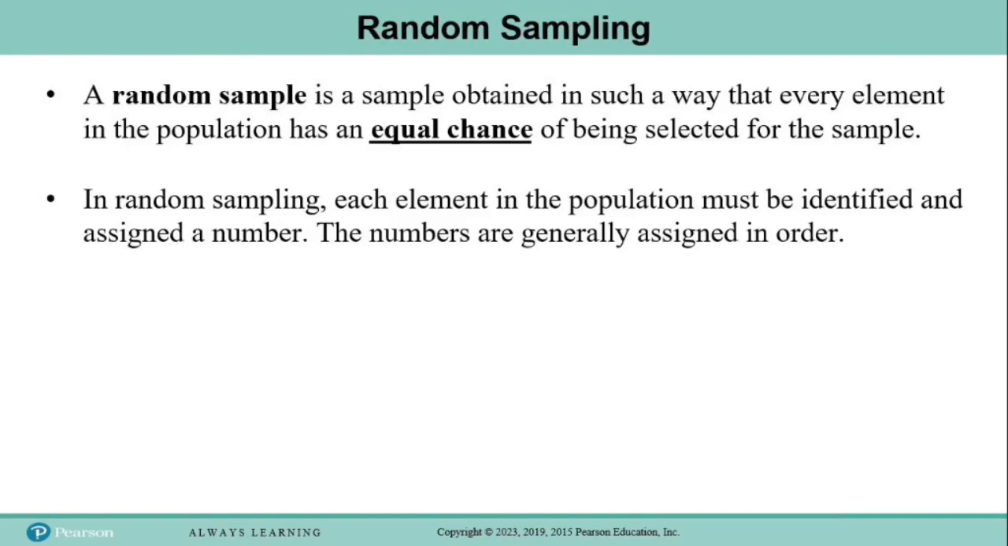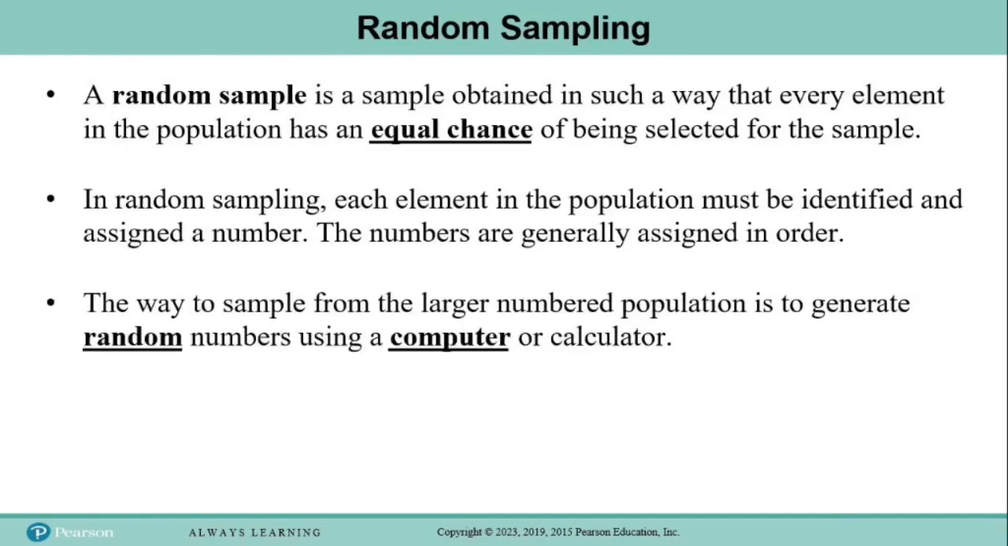So for example, if our population included 100 people, we would have a list of those people and we would just number them all 1 to 100. And then we would randomly choose however many people we need to include in our sample. And the best way to get a sample from a large numbered population is to generate random numbers using a